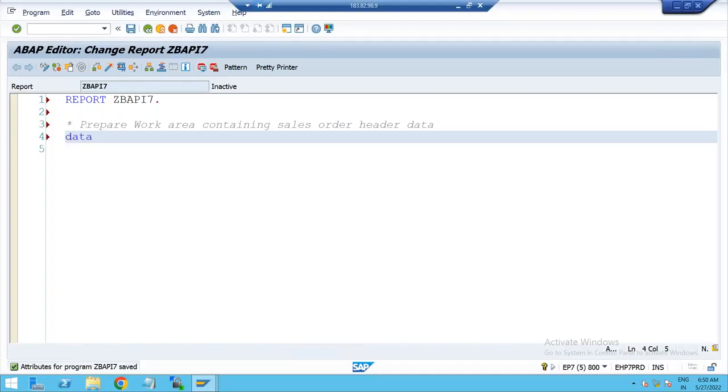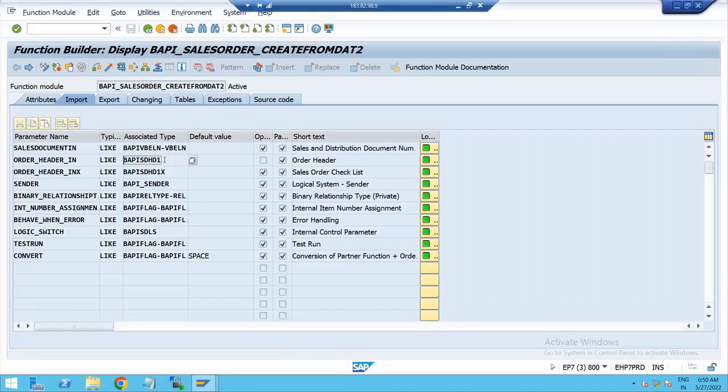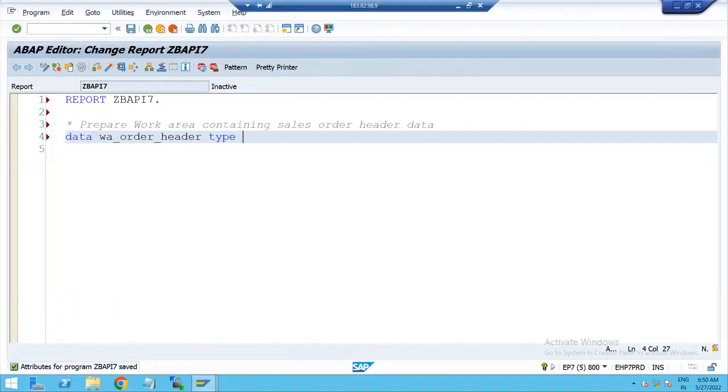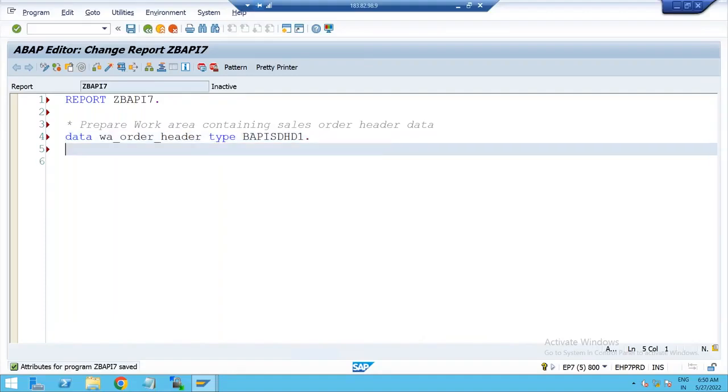So: data w_order_header type, and what is the type of that? This one, BAPISDHD1. Done. Let us prepare w_order_header-